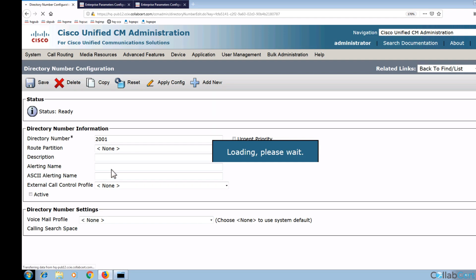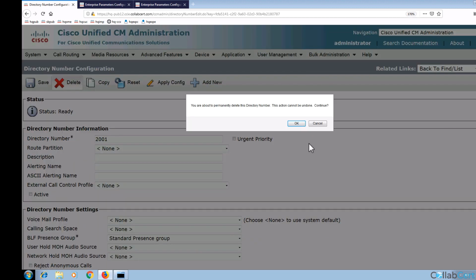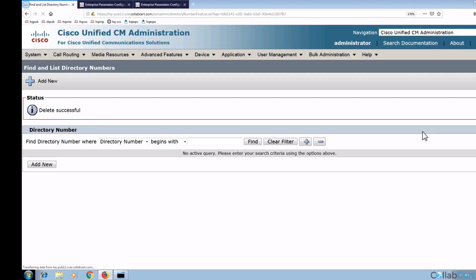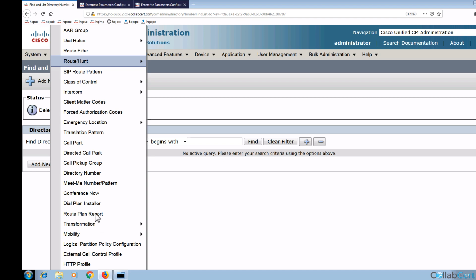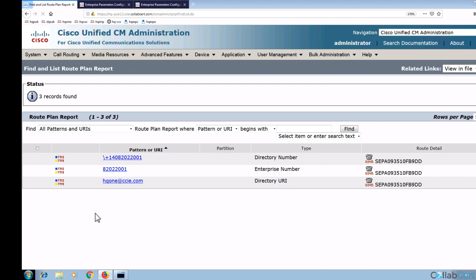This was the old number of the phone, the 4 digits, not assigned to anybody. Let me just delete that one. Don't need that one. So just clean it up. I didn't have to do that, but a little bit of OCD. I do want to clean that up. So we've got the three numbers there. These are locally configured. These are the three things that are going to be advertised to the SME cluster and